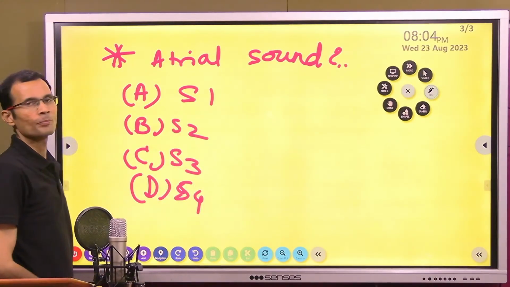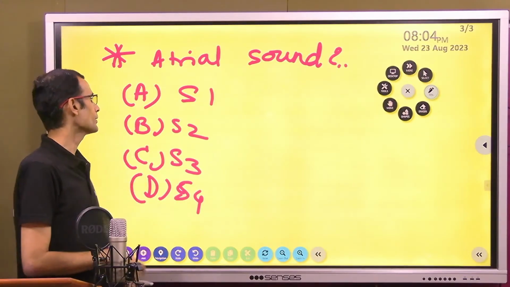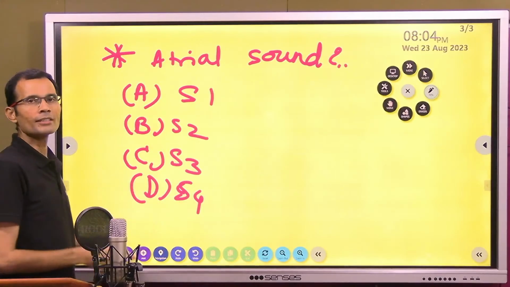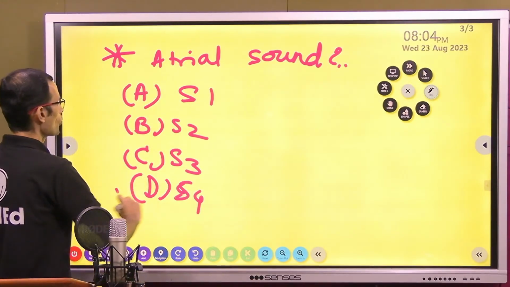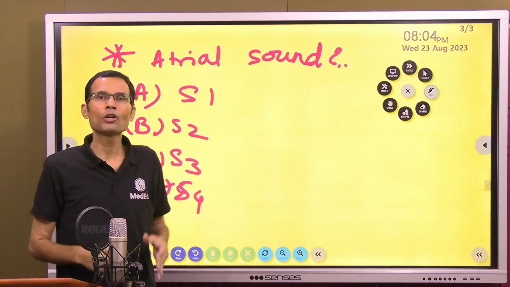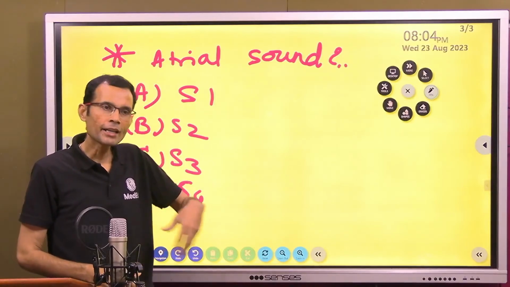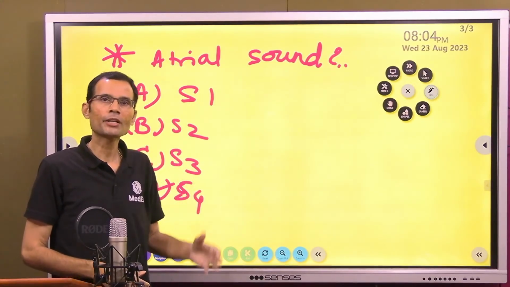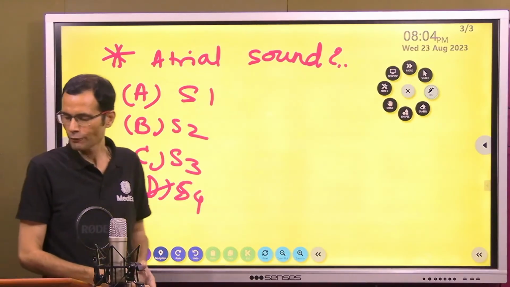Simple question. So, what's the answer? Well, the fourth heart sound is called the atrial sound because it occurs due to the atrial systole and a turbulence of blood from the atria to the ventricle. So that produces the sound, and therefore